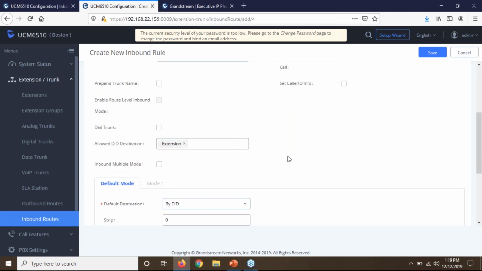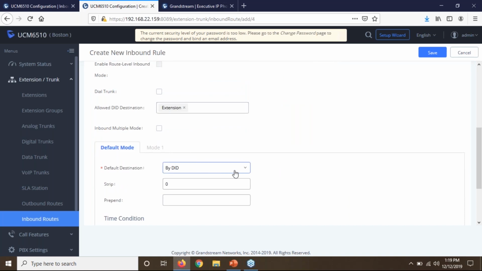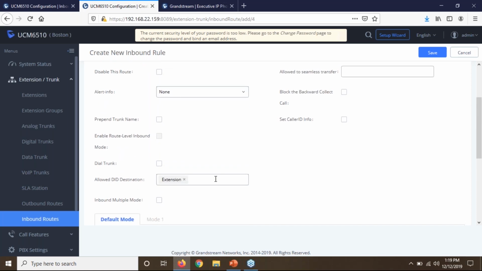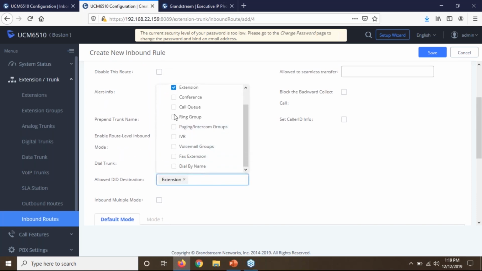In other words, the UCM of Boston is going to receive the call, is going to check the To header to see what is the destination caller ID. And then based on the number in the caller ID, it's going to forward it. If it's an external number, it's going to send it through the registered SIP trunk that we have already created for the ITSP. And the same thing, I mean, if you have users from Dallas trying to call ring groups,